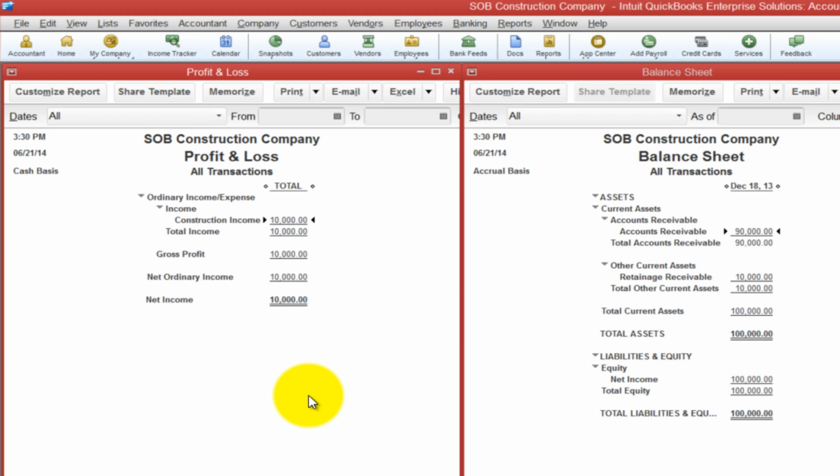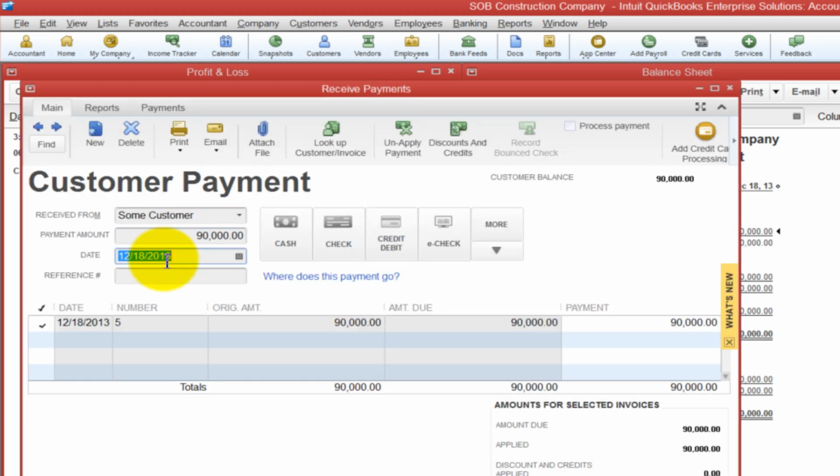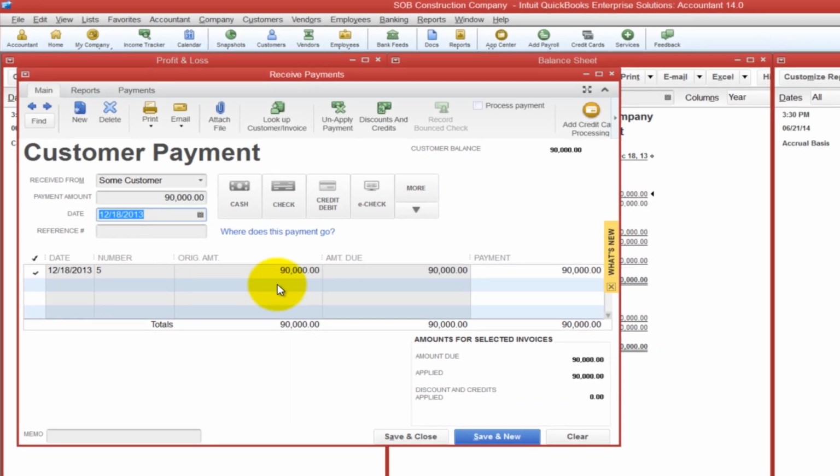Now, I can explain why QuickBooks is doing this, but the point is for you to be aware that this is going to happen. Now let's see this thing through. The next thing that's going to happen is, let's say in January the following year we get paid on that invoice. We're going to get paid by some customer